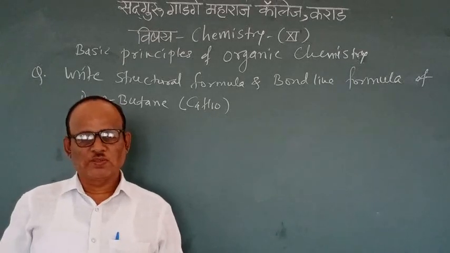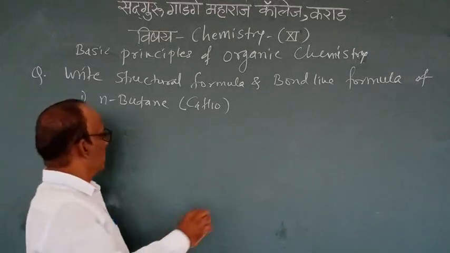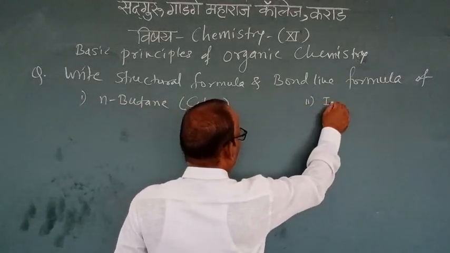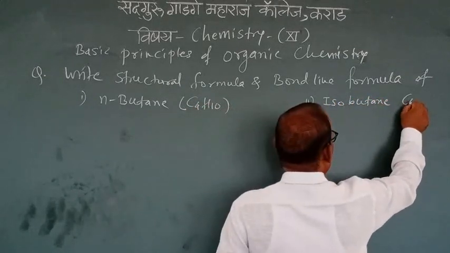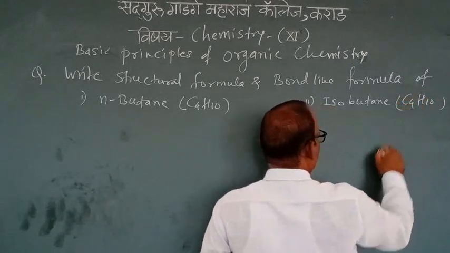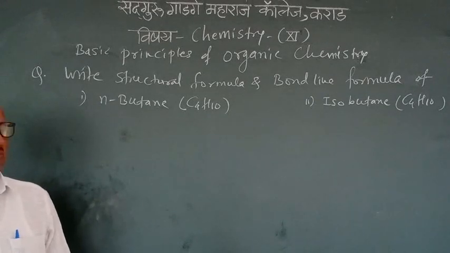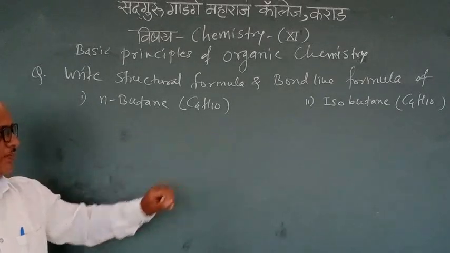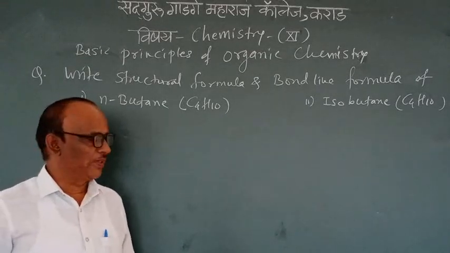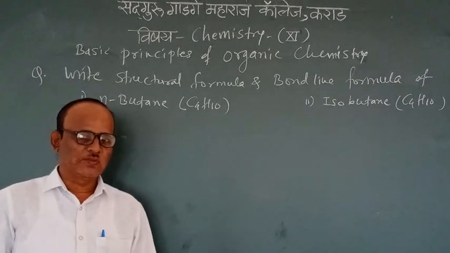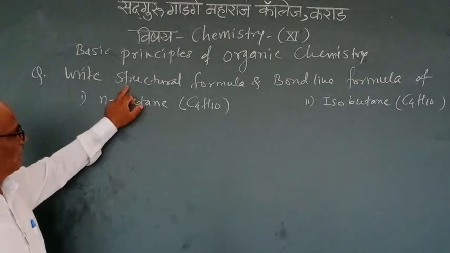That compound is called a normal compound, because butane has 2 isomers. The second isomer is isobutane, but its molecular formula is the same, C4H10. What are isomers? Compounds having the same molecular formula, C4H10, but different structures, meaning different structural formulas, are called isomers of each other. So first we consider n-butane and draw the structural formula.